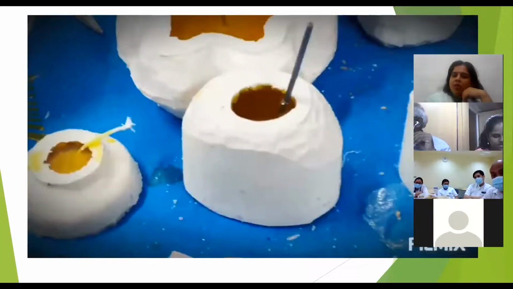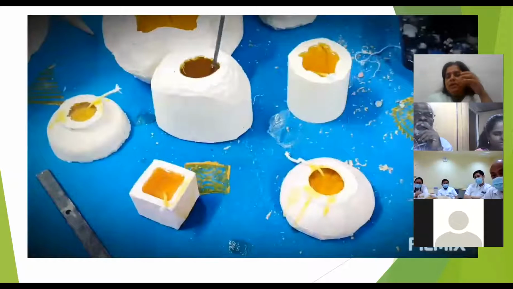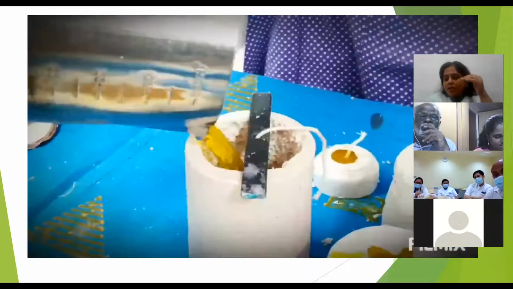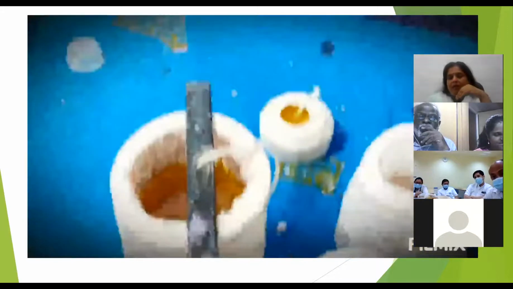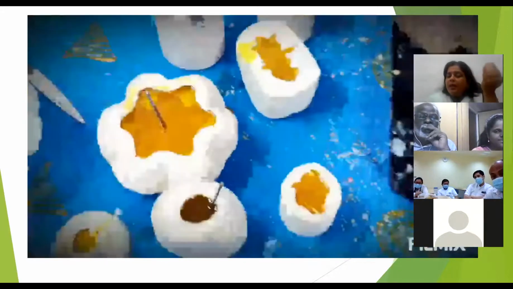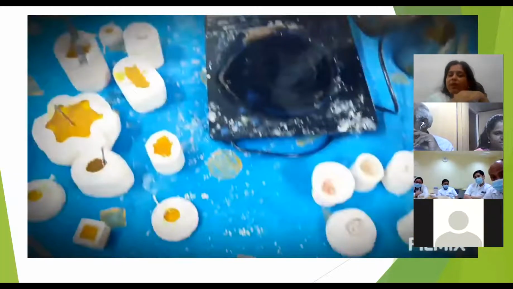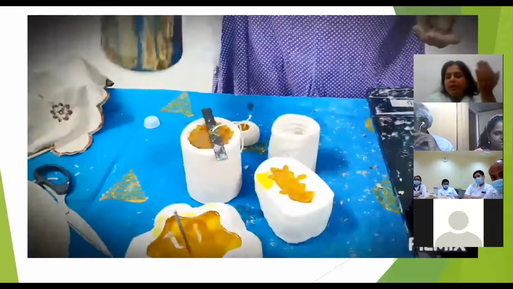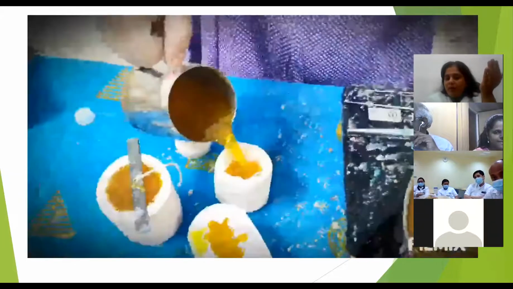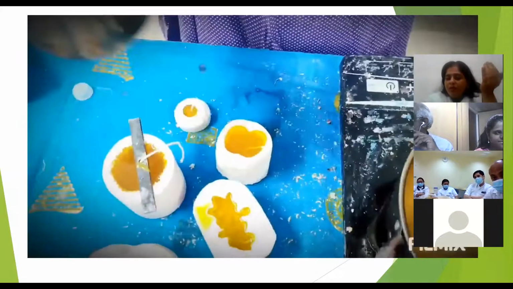After 2 hours, you can see that the candle starts settling and starts sinking. So we have to teach children how to pour the liquid also, and we have to refill the liquid.